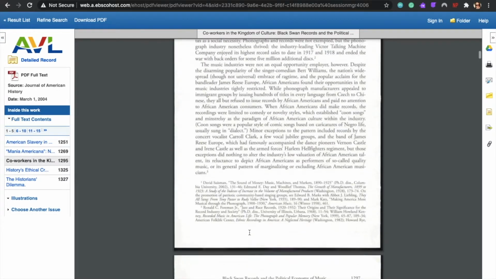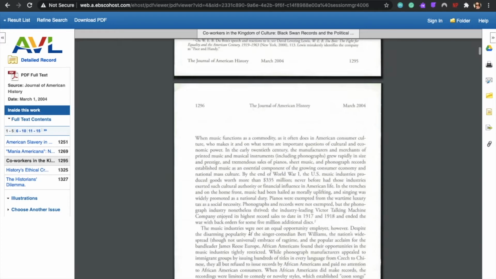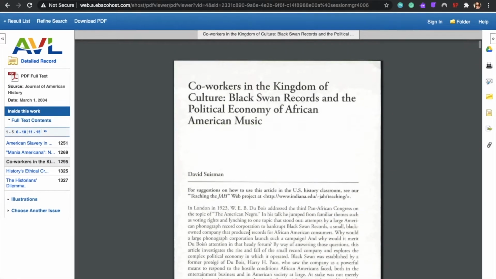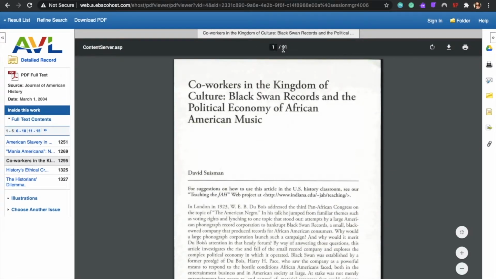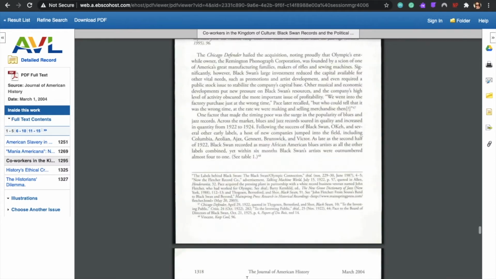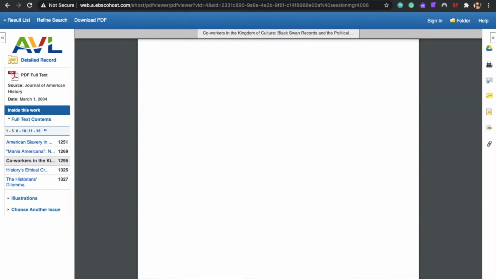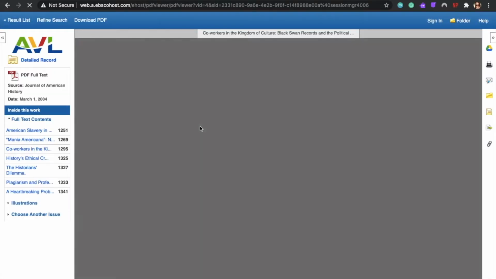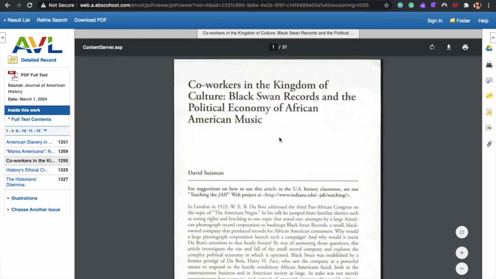Quick spoiler, and don't tell anyone at the university that I told you this, but there is a cheat method to this. This is 31 pages. It's going to take a lot to read 5 articles with 31 pages. So I'm sorry, I accidentally pressed the back button.